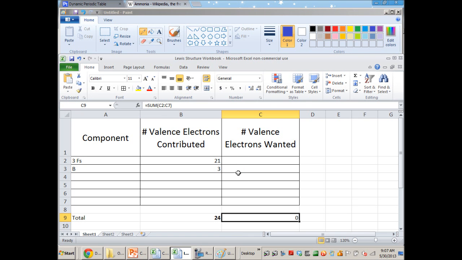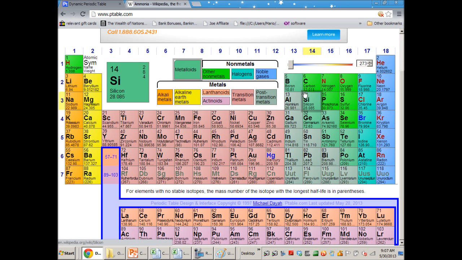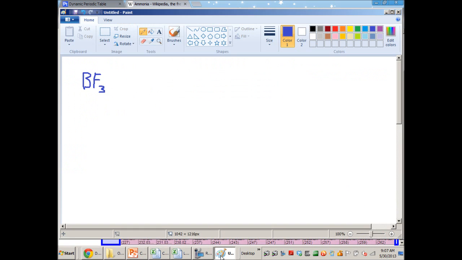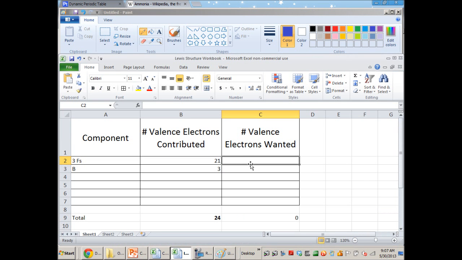I can also figure out how many electrons those elements would like to have surrounding them. So these elements are in the second row. That means that they're going to shoot for an octet. They would be saturated by being surrounded by 8 electrons. So boron and fluorine both are in the second row, so they both obey the octet rule. And so each one wants to have 8 electrons. Since there are 3 fluorines, that's 24 total. So that's like 3 times 8. So that gives me 24. And then boron wants 8 because there's one of them, so it's just 8. So overall,